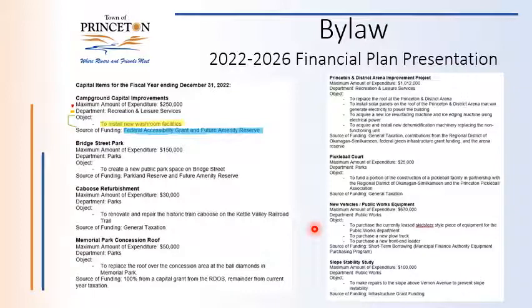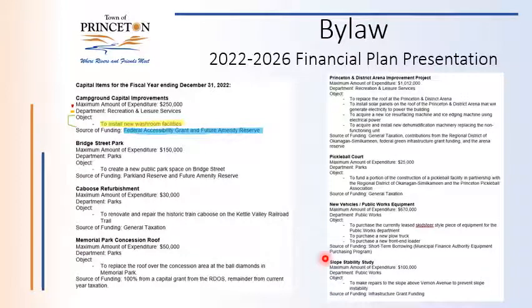So the source of this funding right now is short-term borrowing through the Municipal Finance Authority Equipment Purchasing Program. So you can basically think of that short-term funding as a 5-year car loan. So if we purchase these pieces of equipment, the Municipal Finance Authority, who we are required to go through for long-term borrowing and is highly encouraged for us to go through for short-term borrowing, would lend us this money. Right now, their short-term borrowing rate is at 0.92%. So a very good interest rate, and that's how we would fund that program.